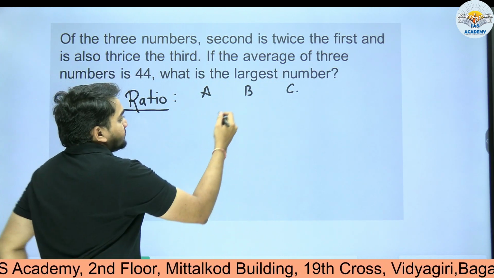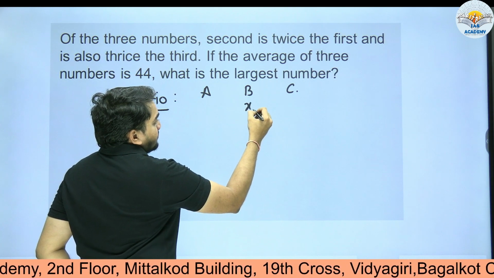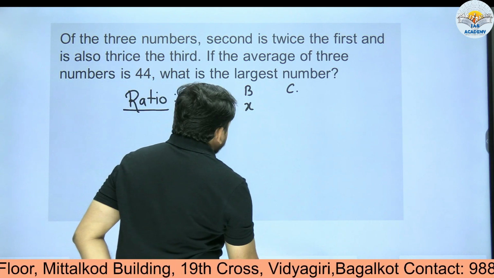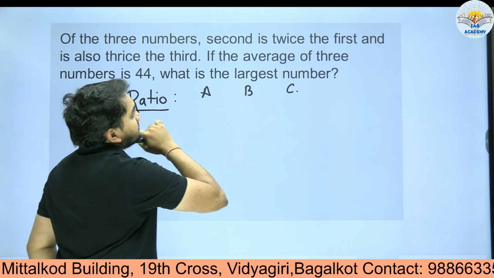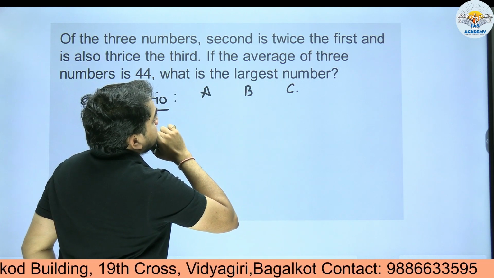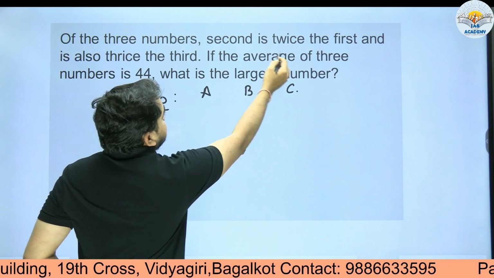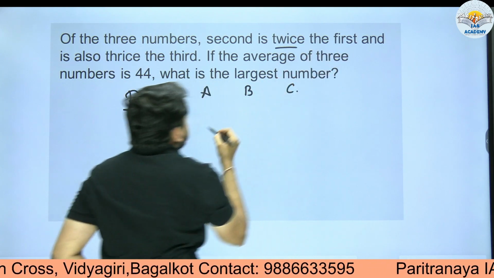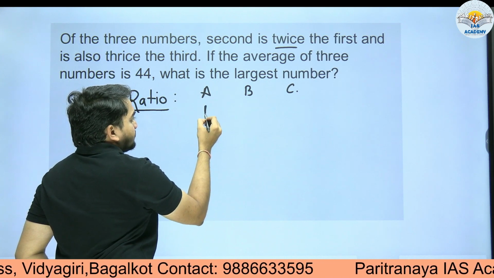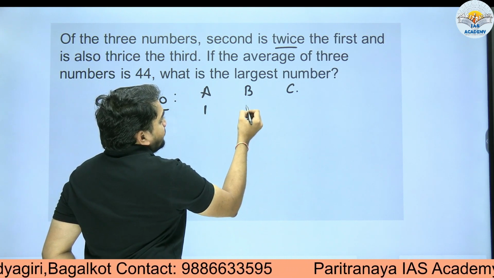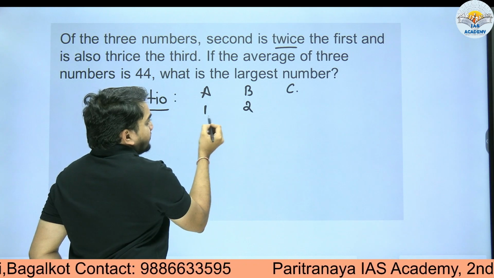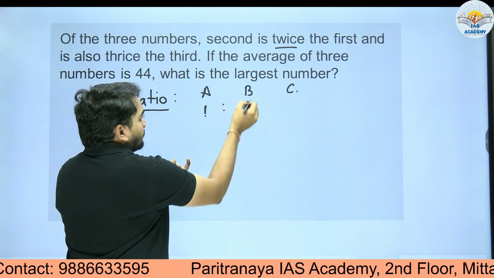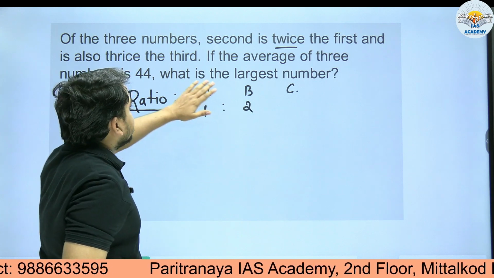If the first number is 1, B will be what? Twice the first. Second is twice the first. So this is one ratio, for only these two. Secondly,